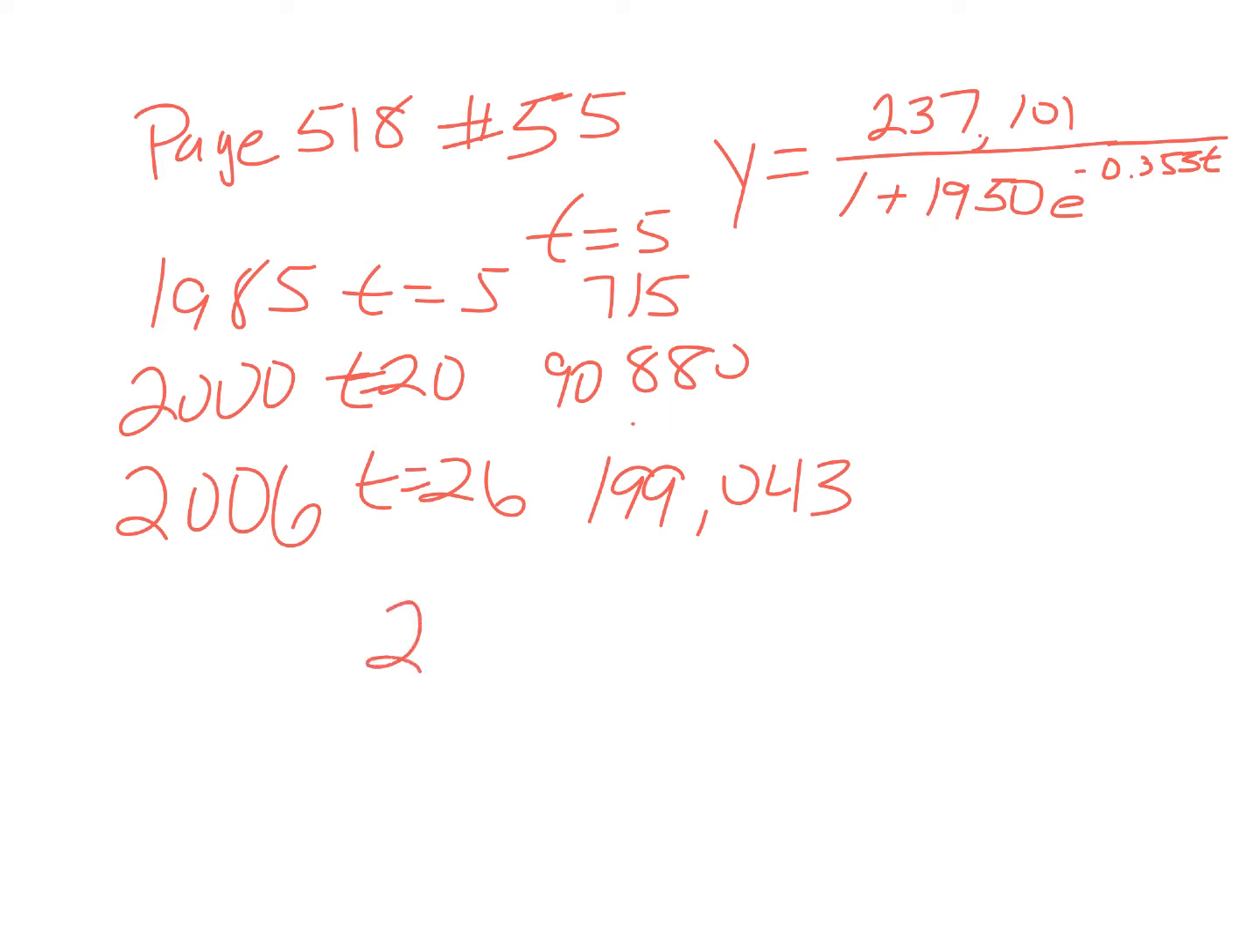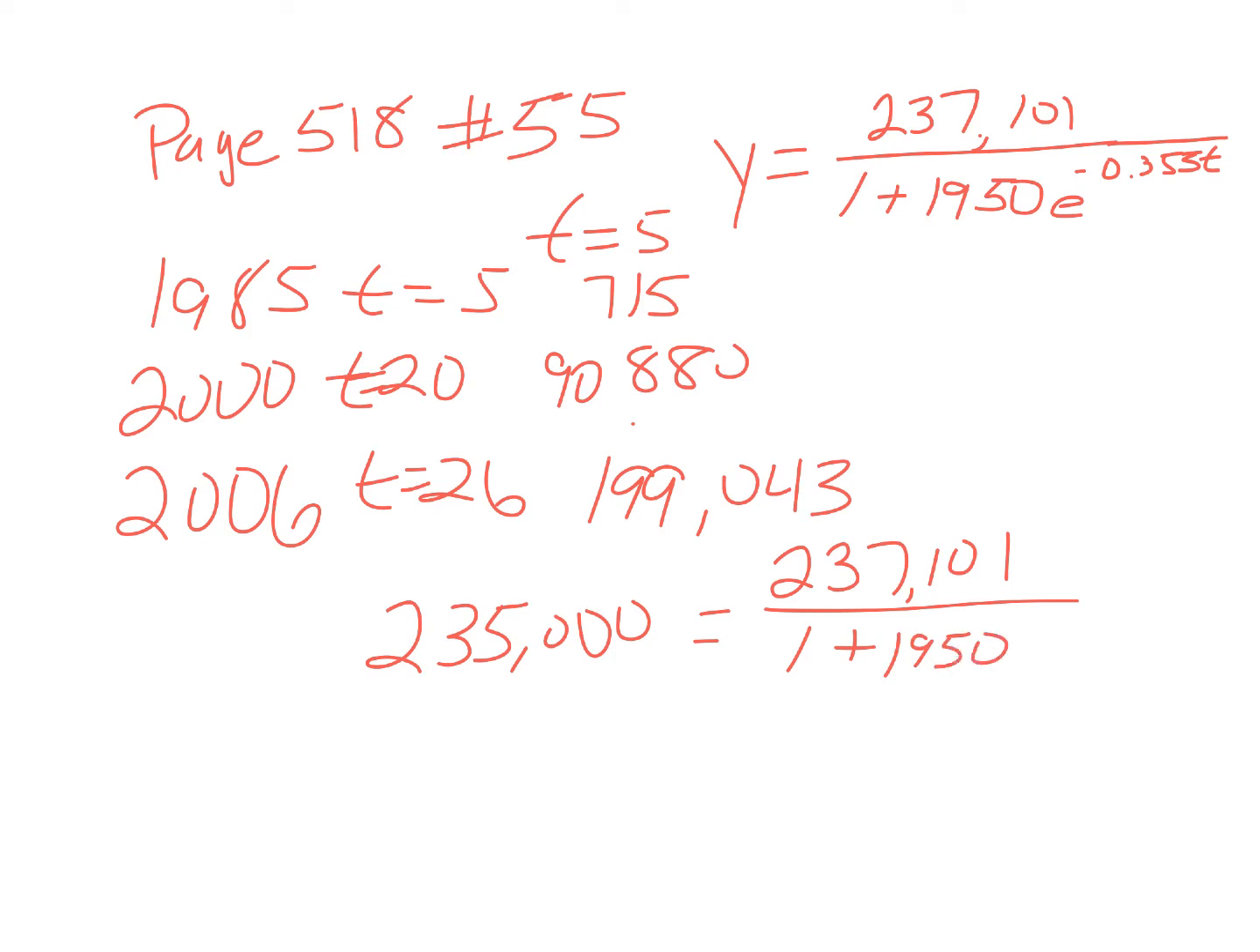The other part of the question, if you are in your book, wants to know when the output will reach 235,000 total. Okay, so that's going to be your y, right? So we want to know what year that's going to happen. So algebraically, we can solve this. And when we do that algebraically, we need to multiply both sides by the denominator and then isolate t. Okay, so when we multiply both sides by the denominator, we get